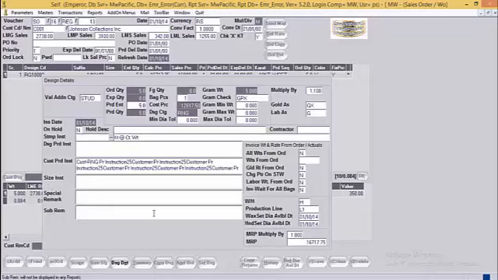Sub remark field, it is used to mention some additional instructions related to this design. This remark is not printed in any of the standard reports, but EDP person can use this field and print the details on their reports. Next, all these details have been already explained in the customer master and in the order details. The same value gets copied over here, and if the user needs, can change them at the design level also.